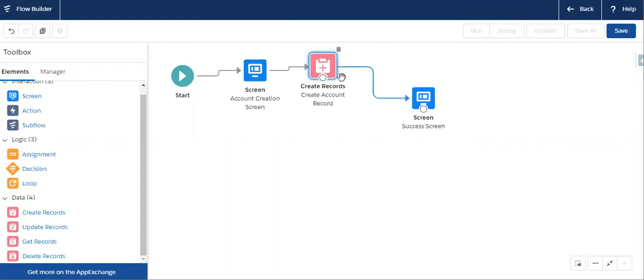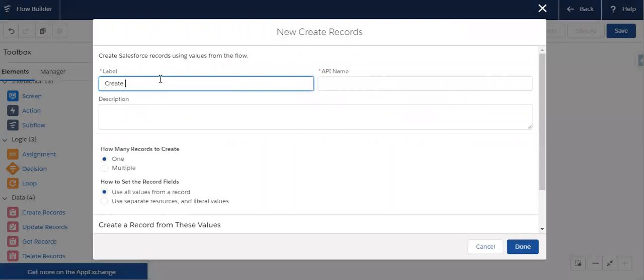Whenever the create record fails, if we want to execute some logic, we can use the fault connector and execute the failure logic. Here, whenever the account creation fails, we are automatically going to create a case with the error message. For that purpose, I am adding a create record and creating a case record.